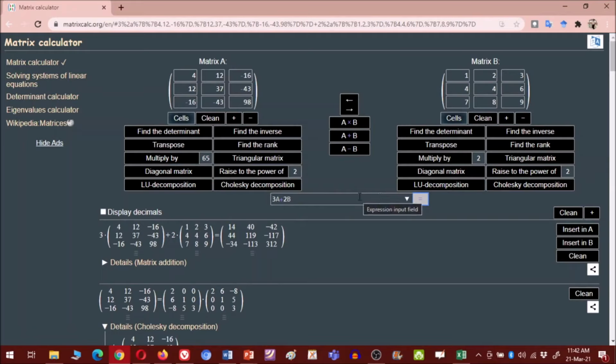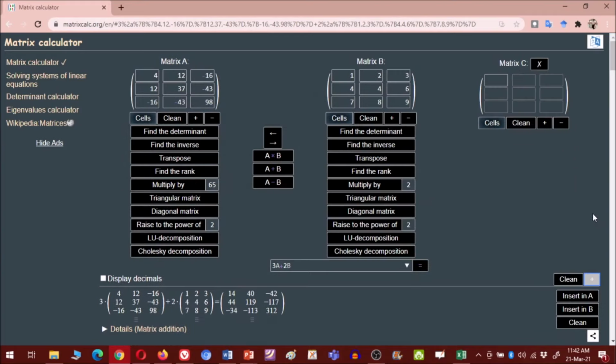If you have another matrix, for example if you have 3 matrices, then just click on this plus icon. It will give you matrix C. Then again you can have this plus 4c. Suppose you have to calculate this. According to your use, you can use this tool, and this also gives you the detailed solution. It's not just giving you the calculation, it is also giving you the detailed solution, how you can find eigenvectors, eigenvalues and all those things.